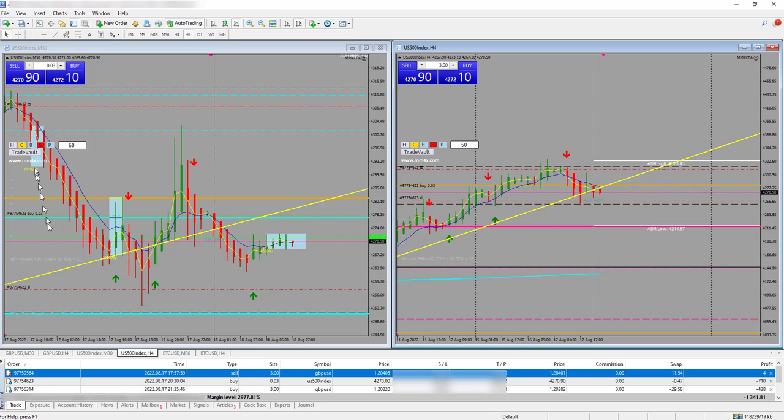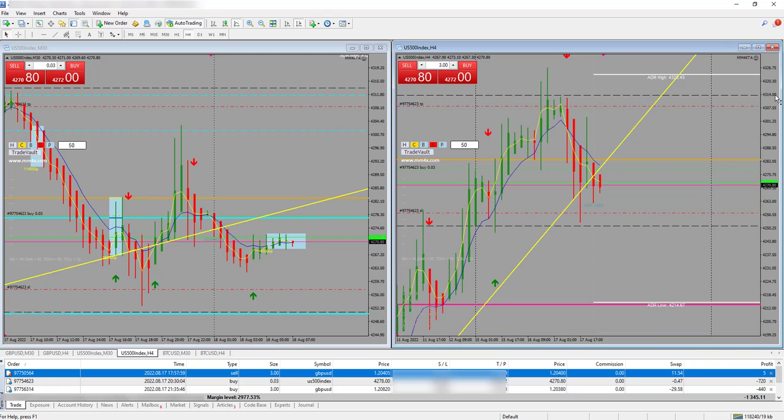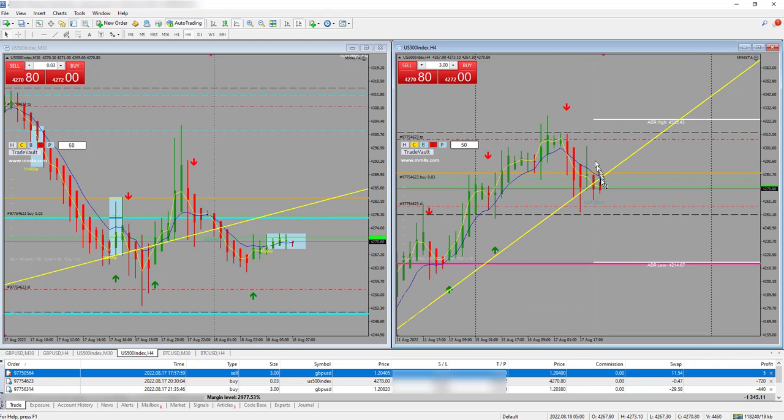Okay, let's see where that is. I will look to sell below the super low of the day, which is this black dotted horizontal line. Okay, the super high of the day is right here, the black dotted line. So I would look to buy above that or sell below it here. All right, so my bias for this pair